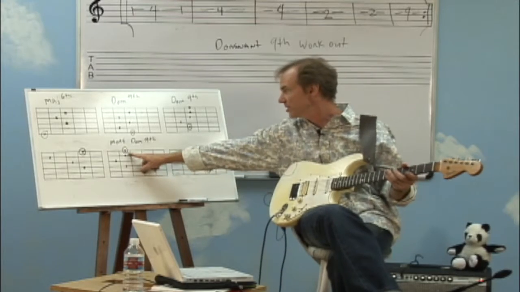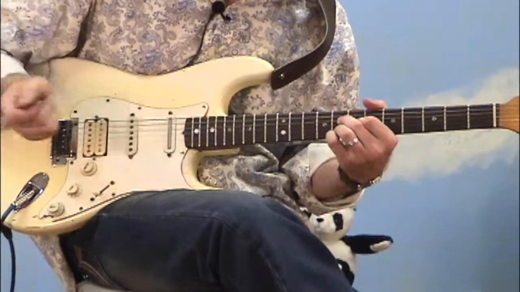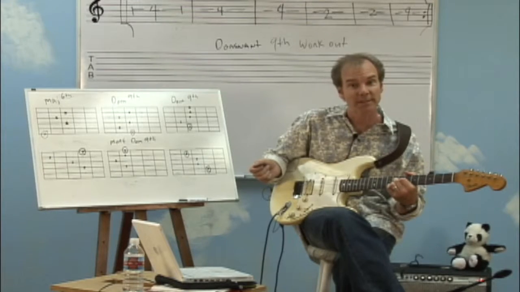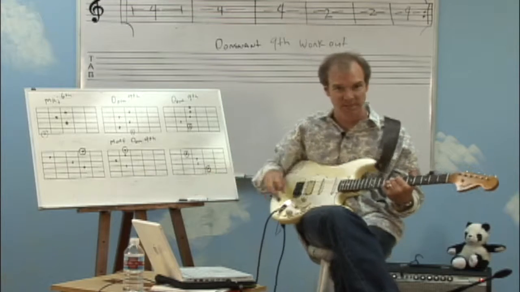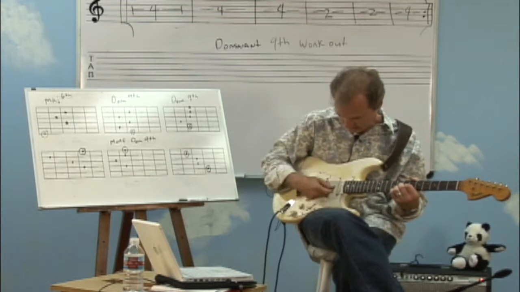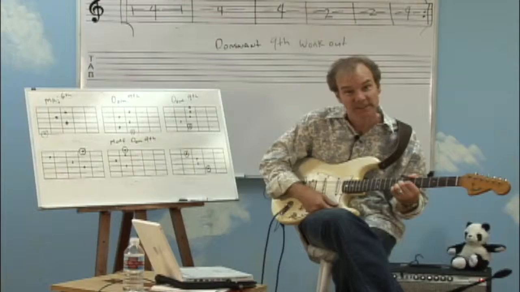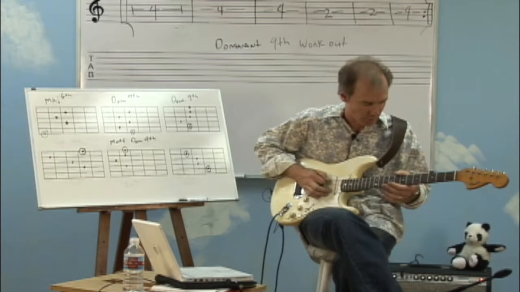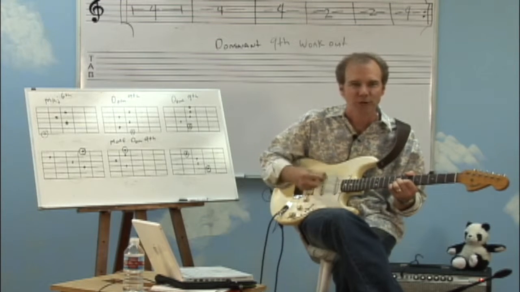So for example, this voicing right here, you'll notice I'm playing right here. This is a dominant ninth as well. Now notice it doesn't have a root on the bottom. That doesn't mean it's not a dominant ninth. It's just that it's not available in this voicing. It's a little bit more suited for the high end of the guitar. Sounds good like that, doesn't it? Sometimes you don't always want a lot of low end. So this is perfect when you want that real choppy kind of